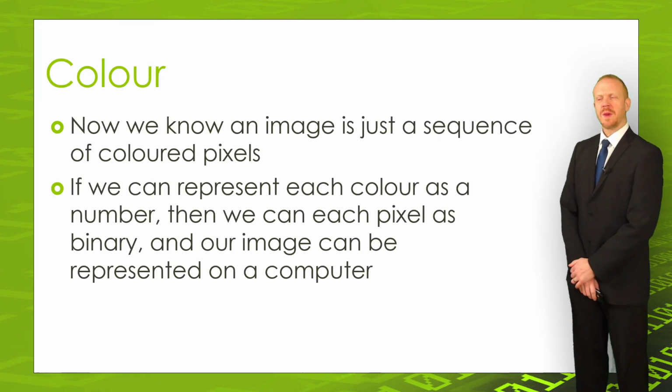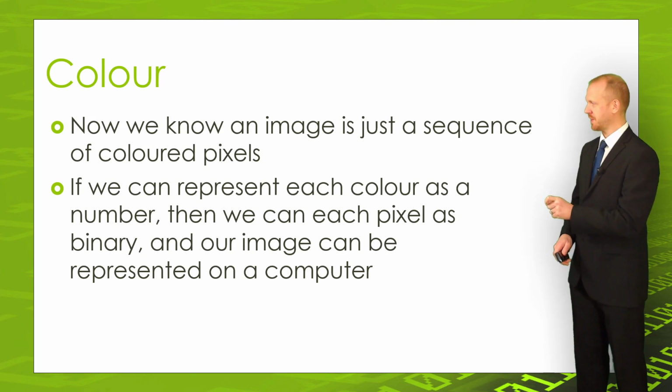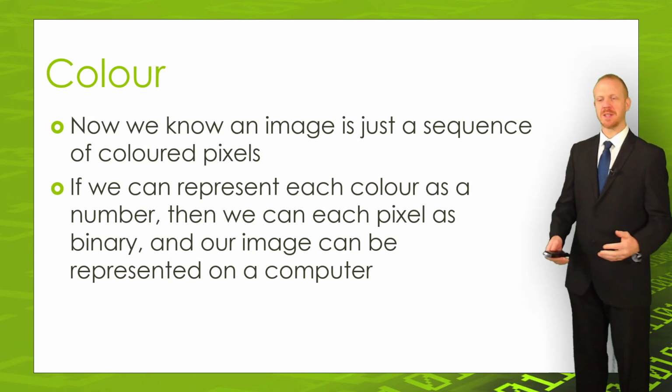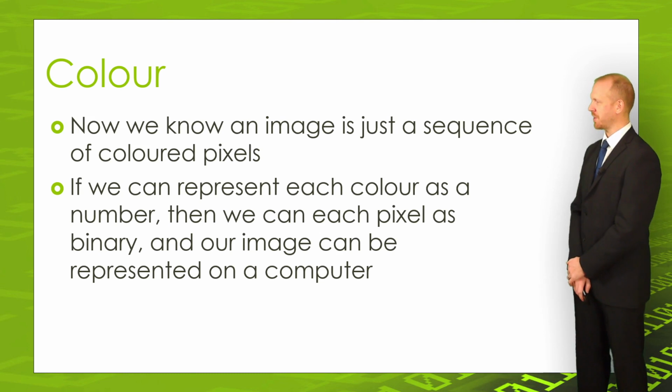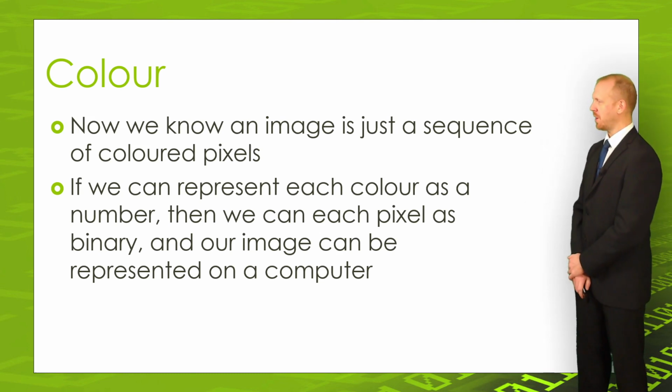So we know we need to now store a sequence of colours, because each pixel's in order is just this colour, this colour, this colour, this colour. So how are we going to represent those colours? Remember, we need to try and represent it entirely as numbers, because then we can store it as binary. So can we make a number to represent each different colour? Again, there are a couple of different methods that get used, but we're going to look at a very common one